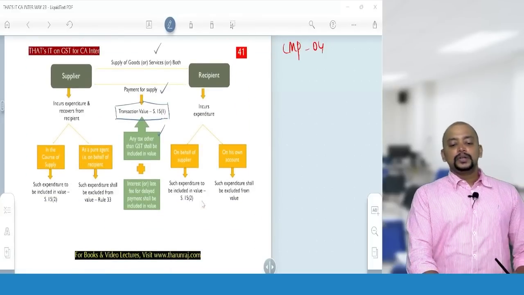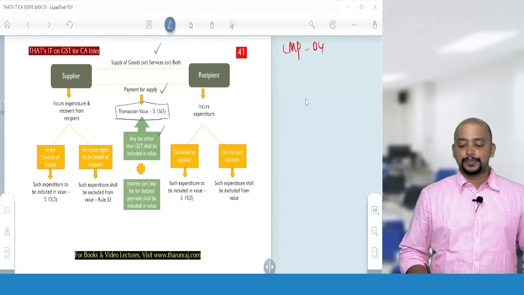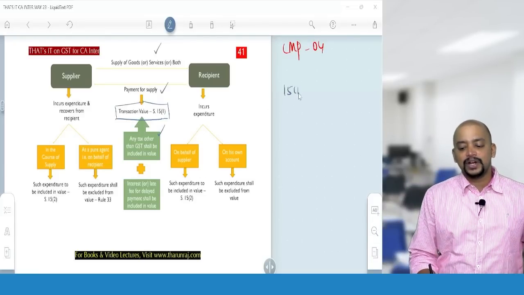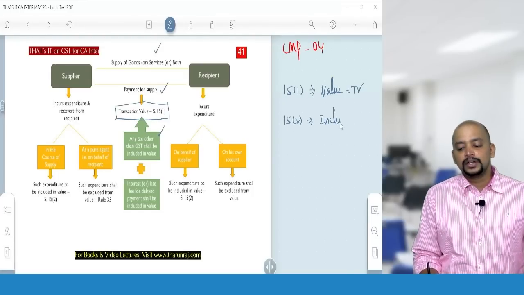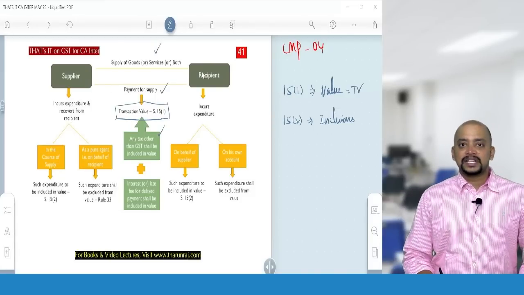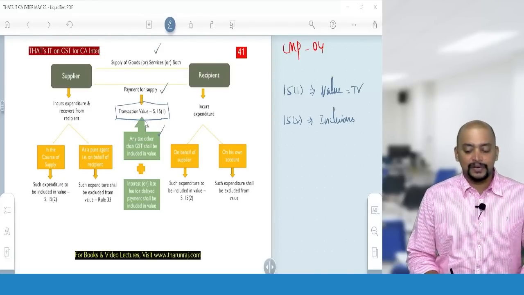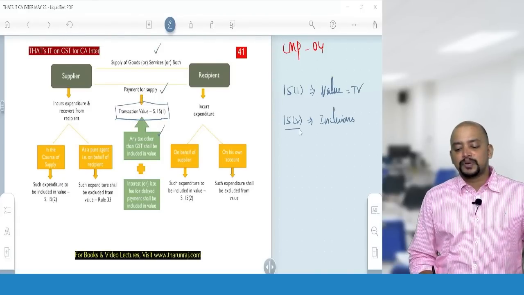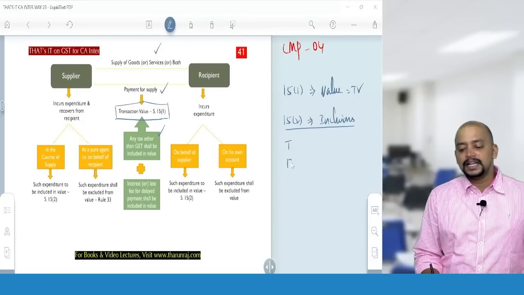Then next, to this transaction value, we have to make some inclusions as per section 15 subsection 2. So 15 subsection 1 is talking about value equals transaction value, whereas 15 subsection 2 is about inclusions in transaction value. The supplier who is making supply of goods or services to the recipient will receive some payment. That payment will be taken as the transaction value. To this transaction value, as per 15 subsection 2, we have to make 5 inclusions. So that is TRSIS,